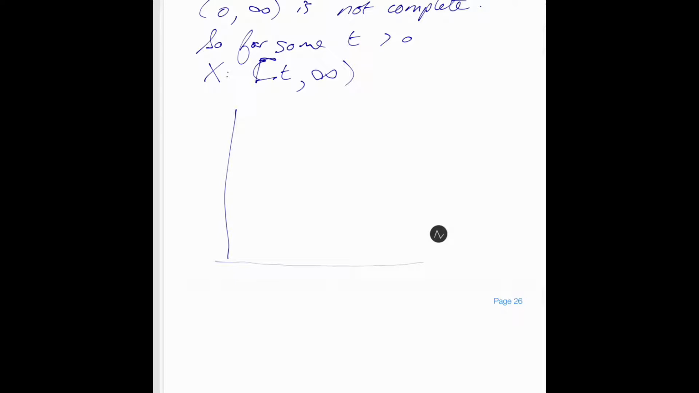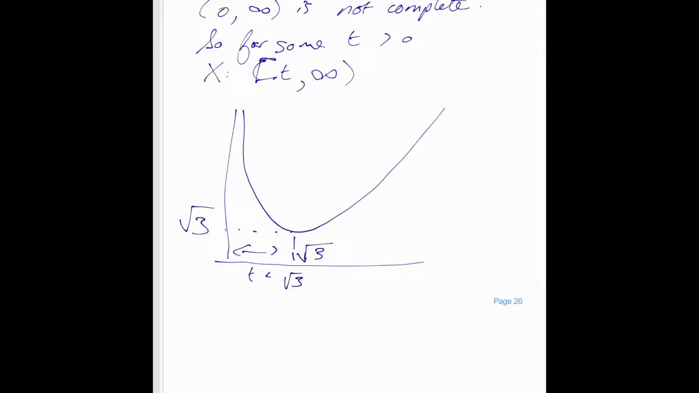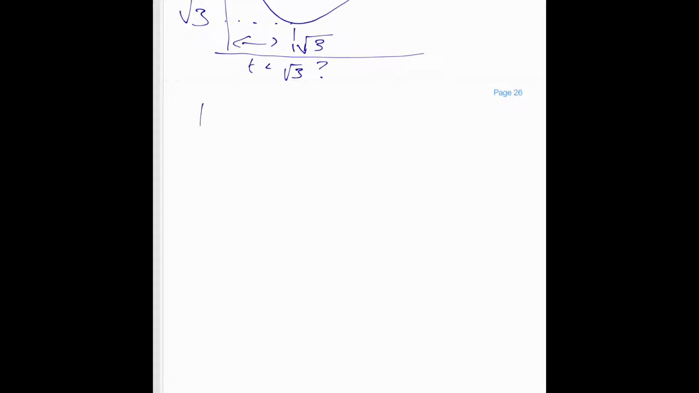So we imagine that there is some number t which serves as a lower bound for x. We know that the square root of 3 is the minimum value of f of x, so that might serve as a lower bound. But what if there is a t less than the square root of 3, which also serves as a lower bound for the metric space x? Now, to get this lower bound for the metric space x, i.e. that number t,